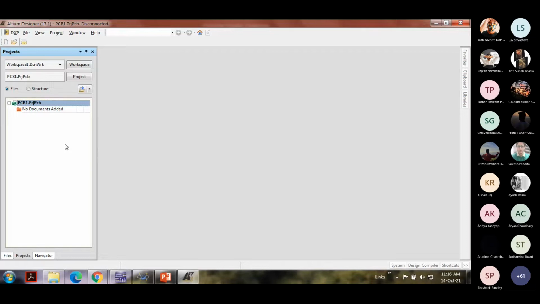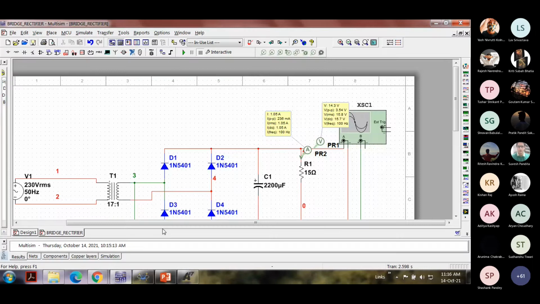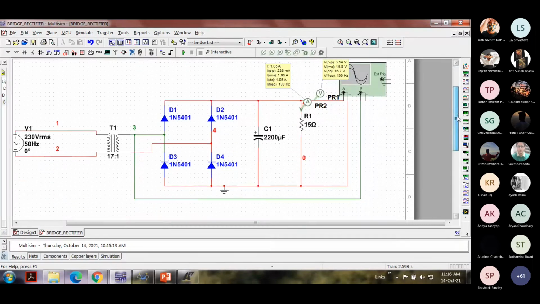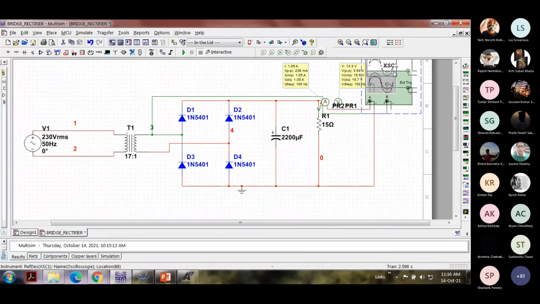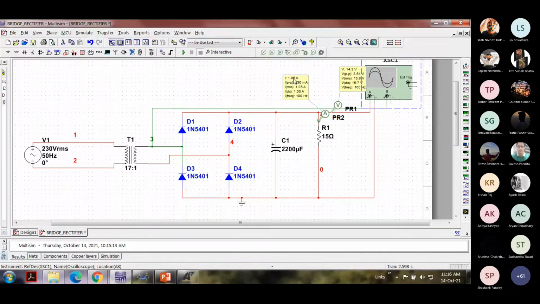have a circuit diagram with us. So which circuit diagram do you want to make a PCB for? For that I have designed a simple bridge rectifier. We are going to make the layout for this bridge rectifier. You can see in Multisim I've already created it, because I can't show it on paper right now. This is one of the steps: you design it on paper, then you simulate it, and then finally create a layout for the final product.